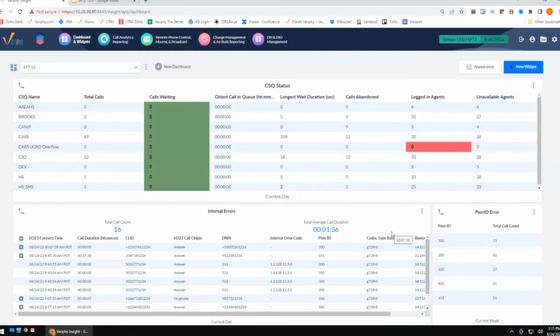Not every call goes to Call Manager. We realize that. Some go straight out to gateways, some go to the MS Teams part of the network. Maybe you have a CCE out there, and the calls don't route through Call Manager. They route directly to CCE. So with our Cube Analytics, we give you the ability to pick those details apart and really see what the front end of your phone system is doing.